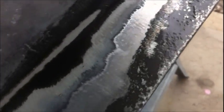Still not trusting it though. I'm gonna hit it with the grinder and the wire wheel here again, and I want to see a little more shininess down in there. So yeah,